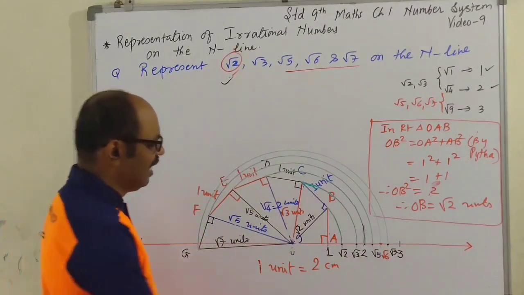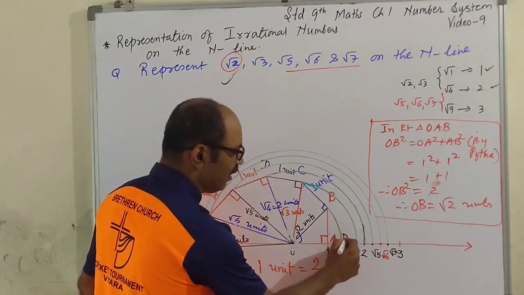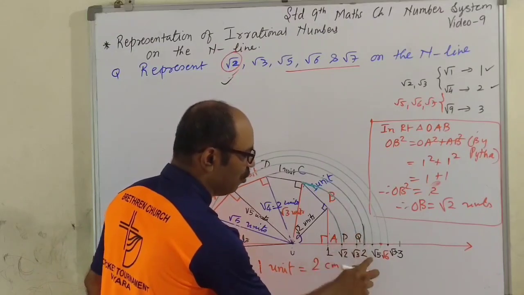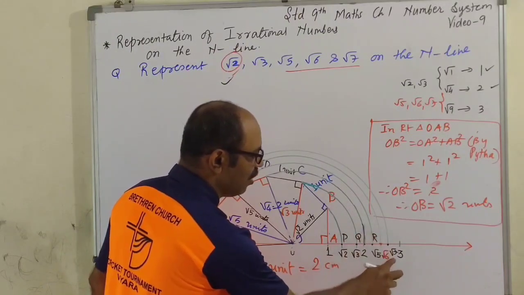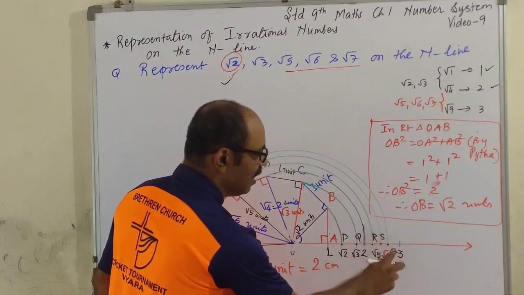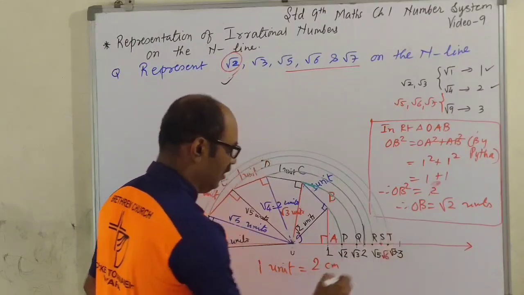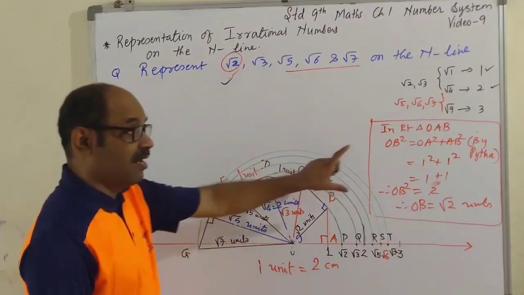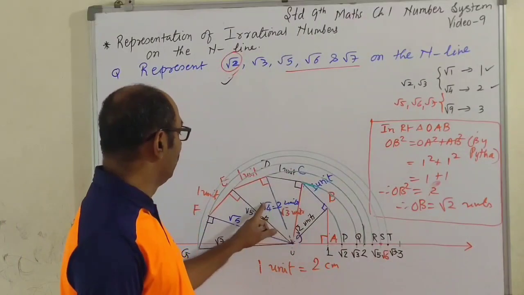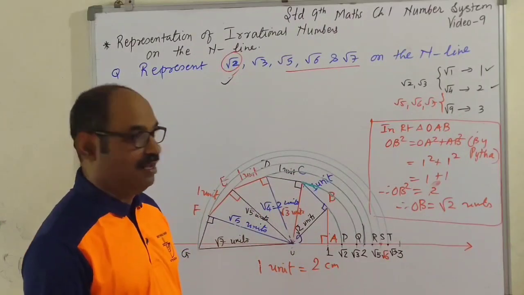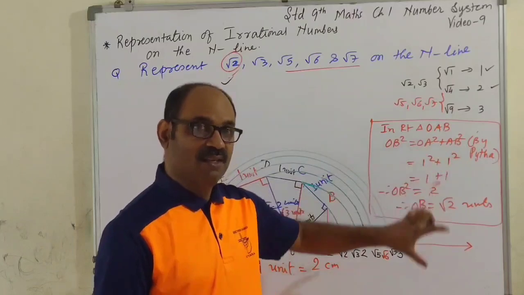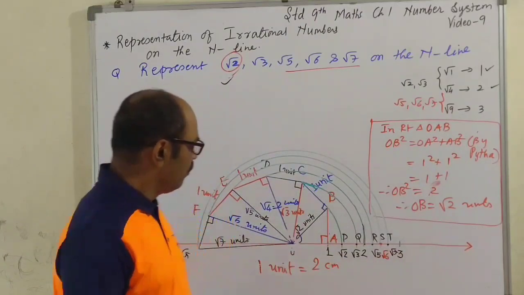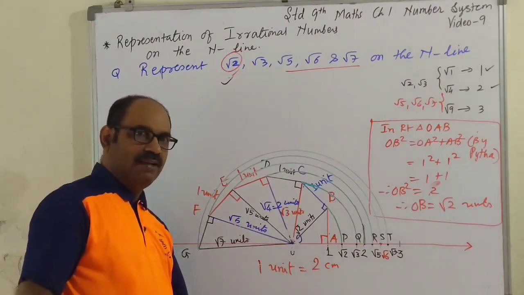Now if you want, you can name these. Root 2, I'm calling it P. Root 3, I'm calling it Q. Root 5, I'm calling it R. Root 6, I'm calling it S. And root 7, T. And then you will have to write all these: 1, 2, 3, 4, 5, 6. For 6 triangles, I've written only for the first, second, third. And below this, leave a couple of lines.